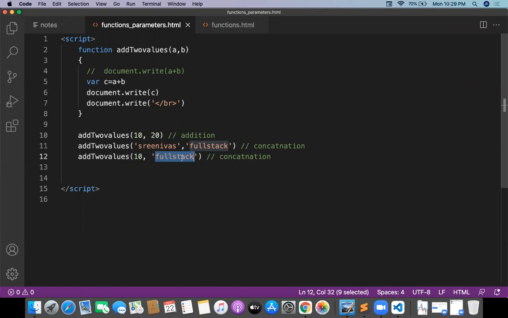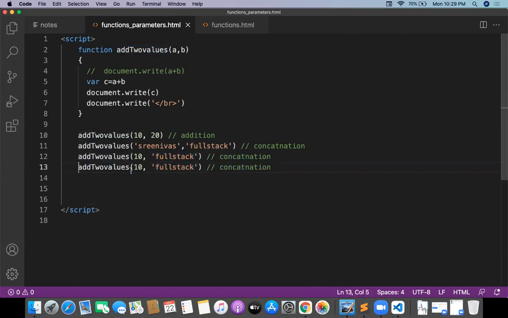Whenever you are adding number and number, the output is a number. Whenever we are adding number and string, the output is a string. And finally, the output of this is concatenation. Let me go with one more line.